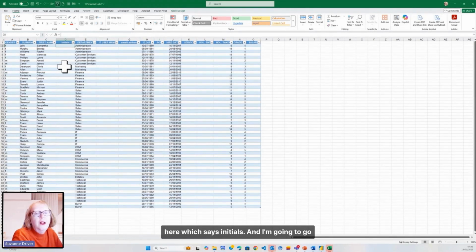And I'm going to go through some different ways of doing this with you. Now, the simplest way by far is that Excel will apply flash fill. So what's flash fill? Well, it just copies what you have done, which is fantastic if you don't want it to be a formula. So if I start typing J in there, the initials,